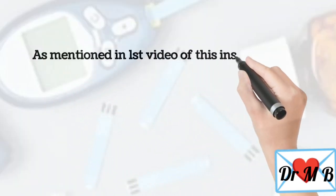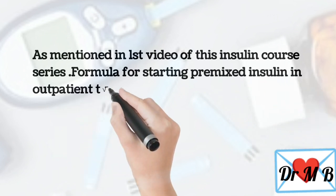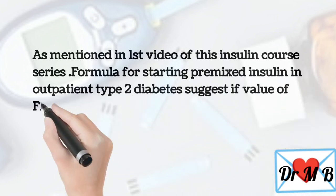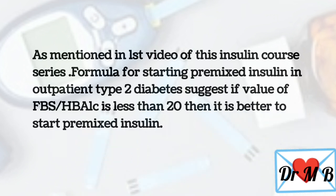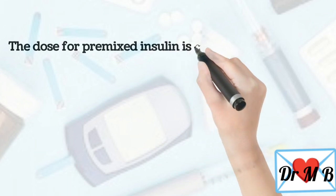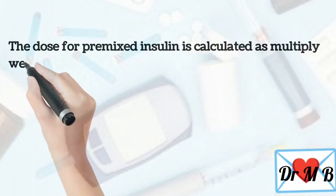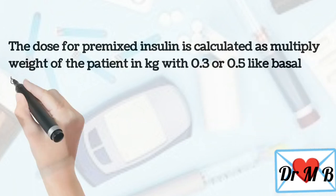As mentioned in the first video of this insulin course series, the formula for starting premixed insulin in outpatient type 2 diabetes suggests if the value of fasting blood sugar divided by HbA1c is less than 20, then it is better to start the premixed insulin. The dose for premixed insulin is calculated as multiply weight of the patient in kilogram with 0.3